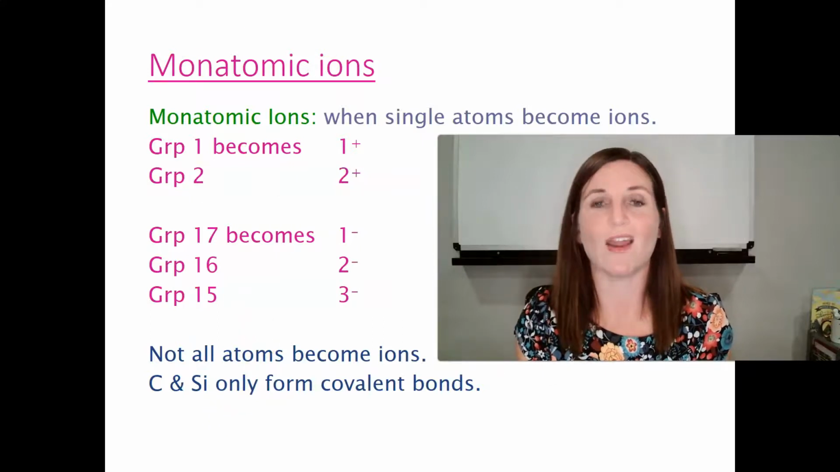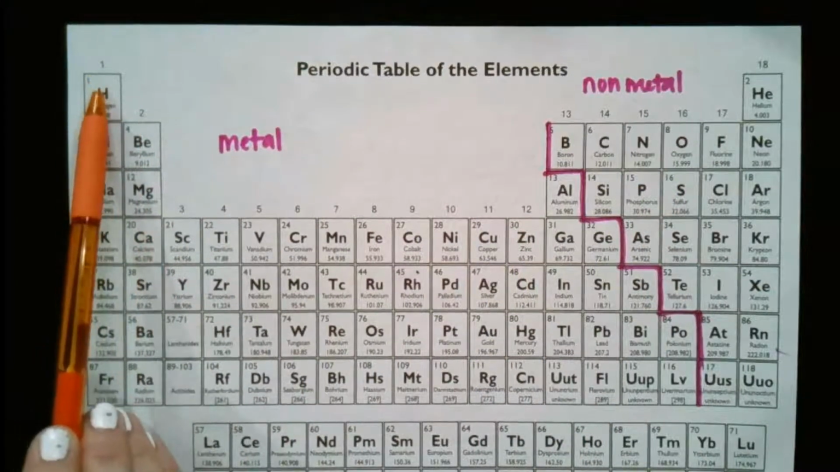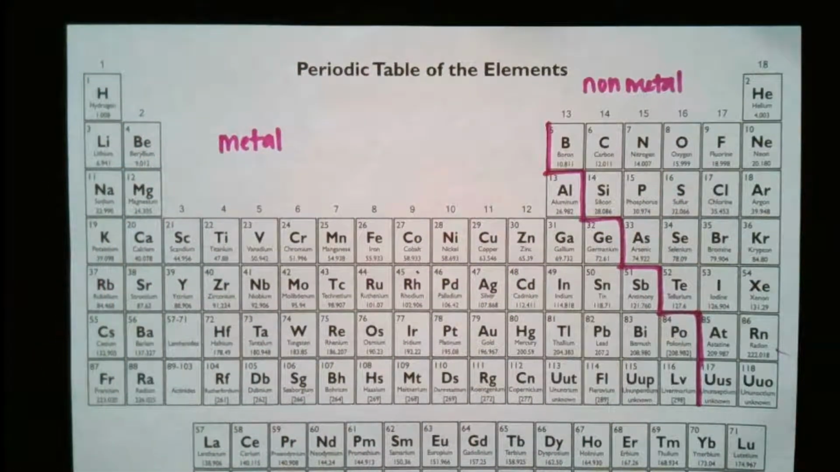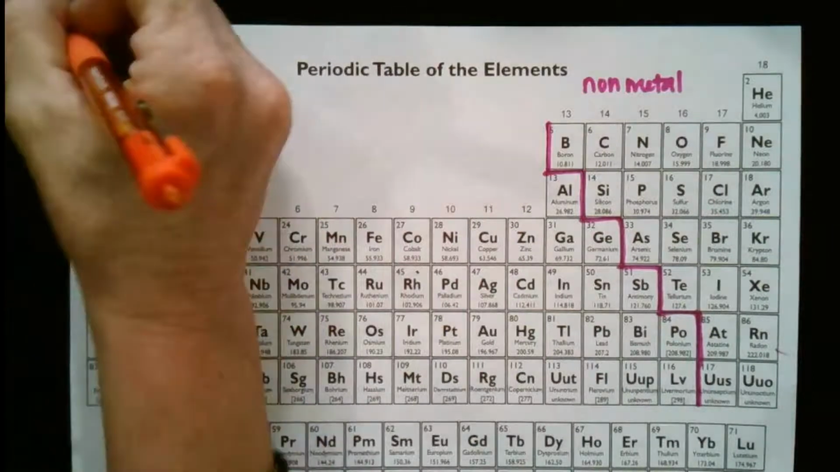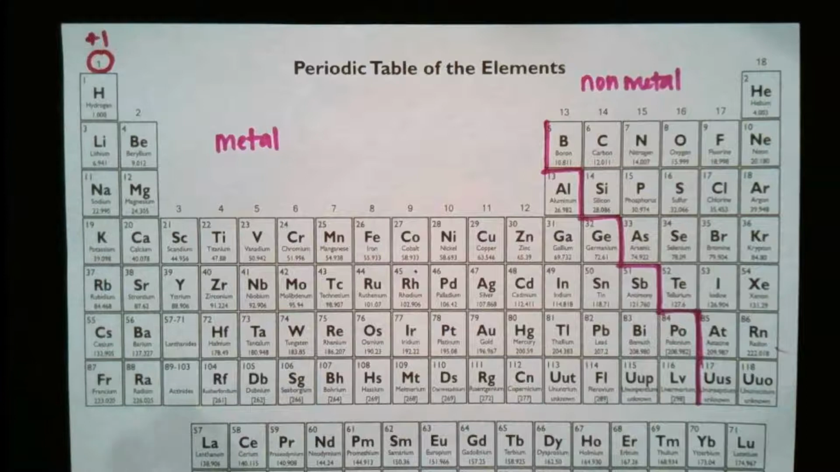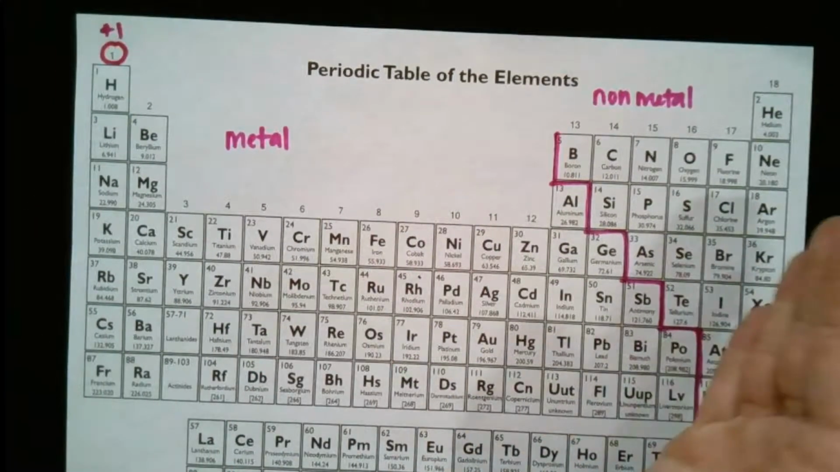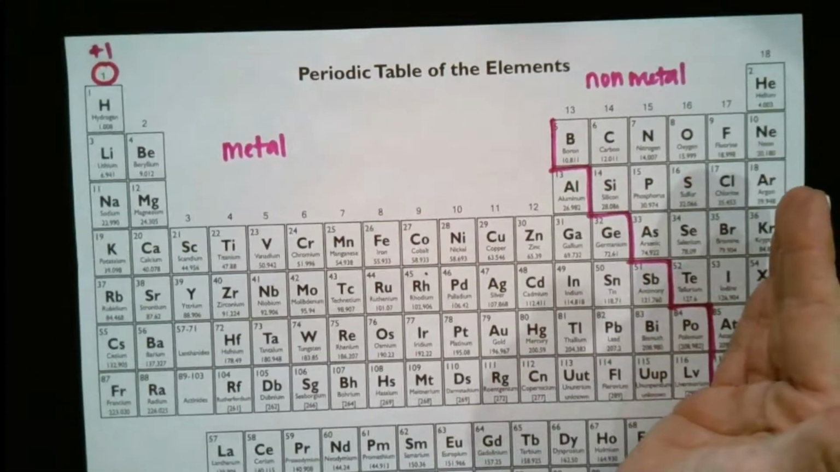So let's look at that on the periodic table. So we are really focusing here on this top part of the periodic table. These are the group numbers up here, and hopefully you remember that from your periodic table project. But we have group 1 here, and group 1 is going to want to have a plus 1, and it wants to have a plus 1 charge because in order to become like a noble gas, it needs to lose